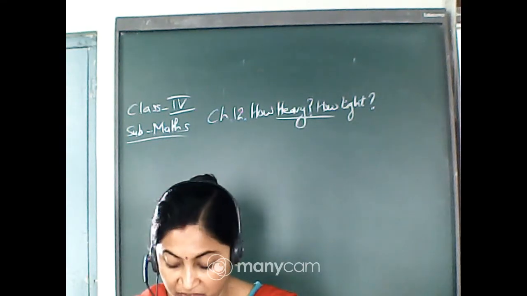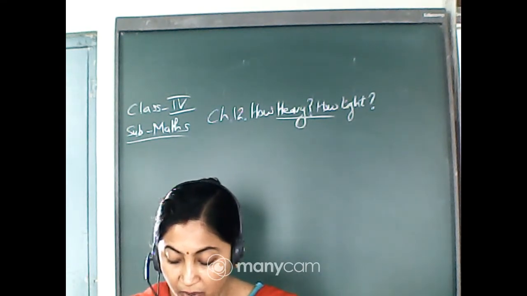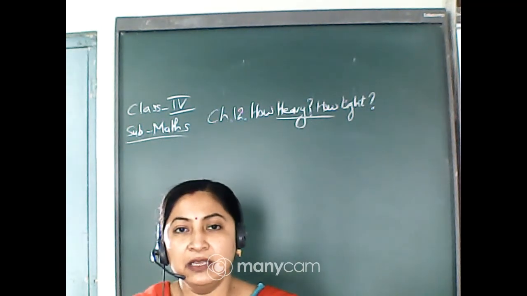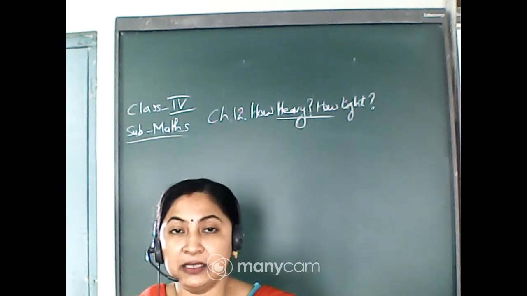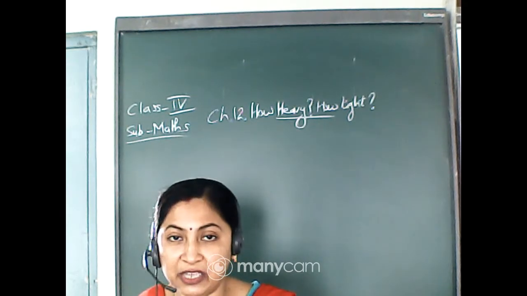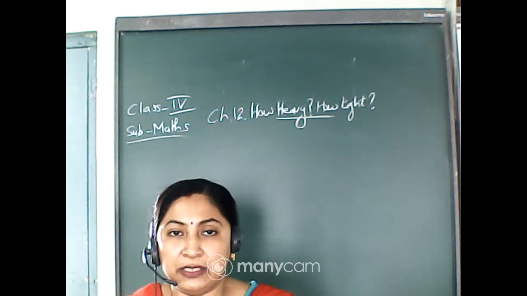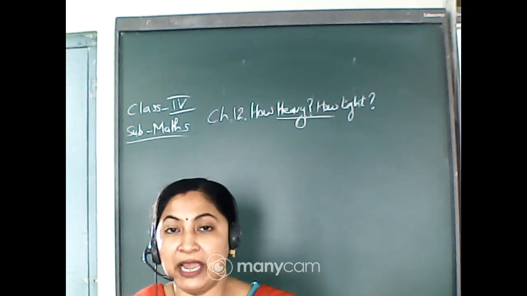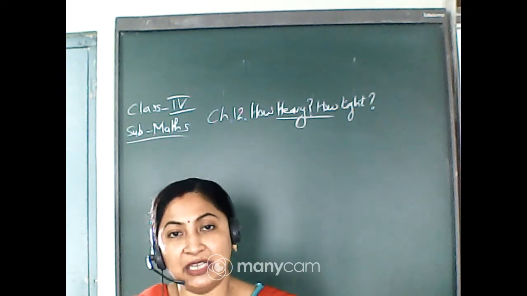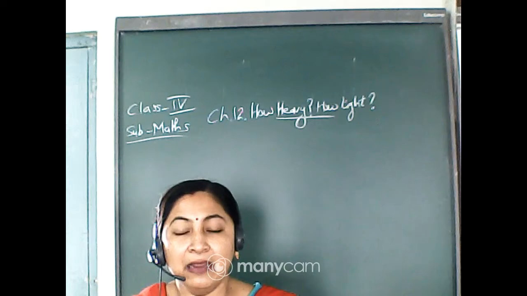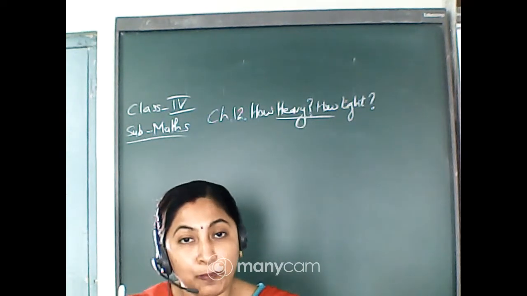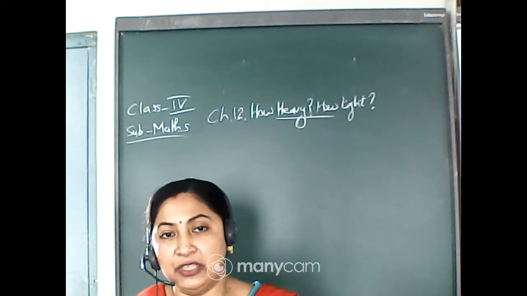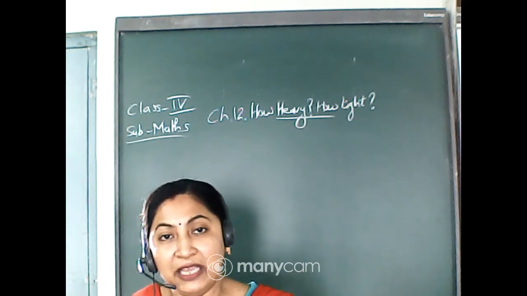Look at the picture on page 143. In one pan, he has kept the 5 kg stone plus the sticks, and in the other pan, he has kept 6 kg. When it is equalized, that means both sides have the same weight, 6 kg, 6 kg, isn't it? But 5 kg was the stone, plus some sticks. So those sticks weigh 1 kg. This way he is weighing 1 kg of firewood.